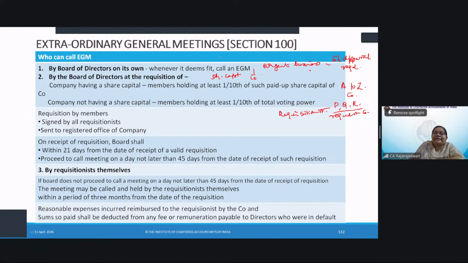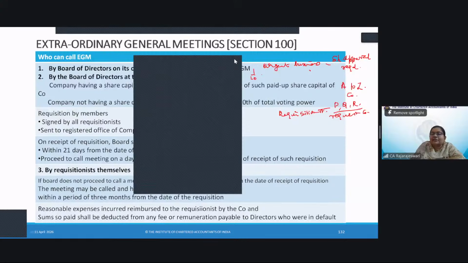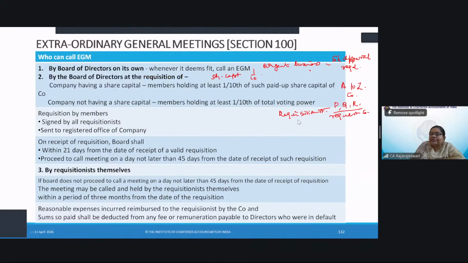One who has taken the initiative that an EGM should be called. So request, one who has made a request, from that this word has arisen. This word comes: request, requisition, requisitionist. So based on the request, it derives its origin from the word request. A request to a company, a requisition is filed,